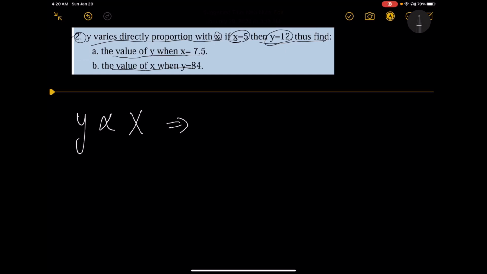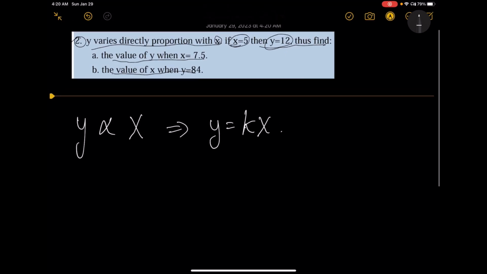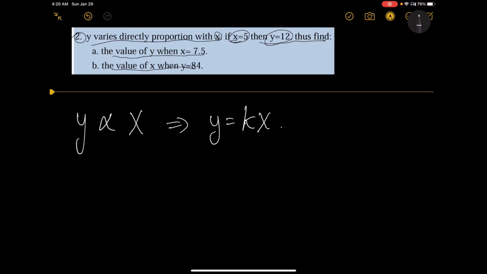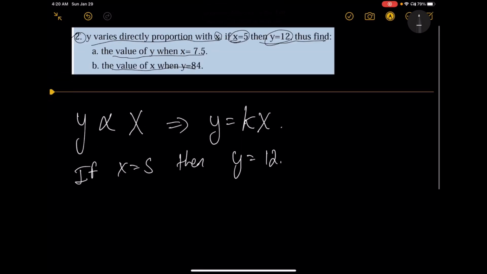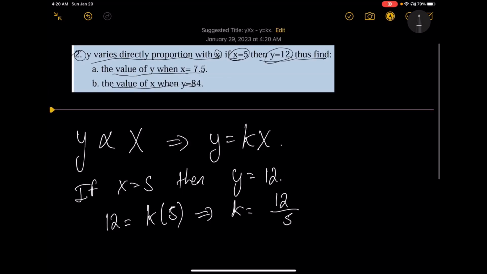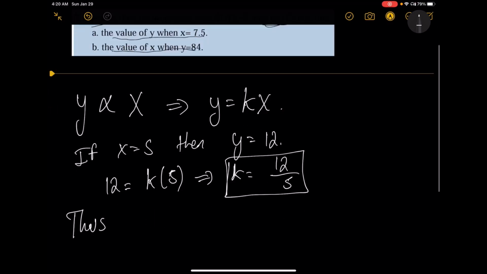y is directly proportional to x ይሄ ምን ማለት ነው? y is equals to k times x ማለት ነው። Now if x equals to 5 then y is equals to 12 መሆኑን ስለማውቅ ምን ማድረግ እችላለሁ? y 12 ከሆነ x ማን ይሆናል? 5 ነው የሚለኝ። ኦኬ k ስንት ነው ማለት ነው? 12 አምስተኛ ነው። ይሄ k ነገረኝ። Thus y is equals to 12 over 5x ማለት ነው።